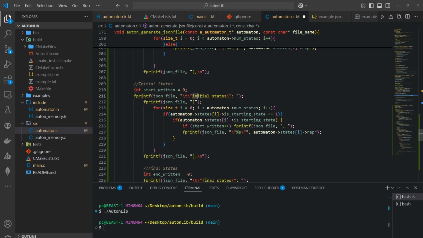So we'll first of all give the name of the key, which is states. Now we don't have to put a new line here, because everything that will follow, the array of states, has to be on the same line as this initial states key. So again, we write the opening angle bracket, and then we also close it here, and then we loop through all the states. And then if it's a starting state,